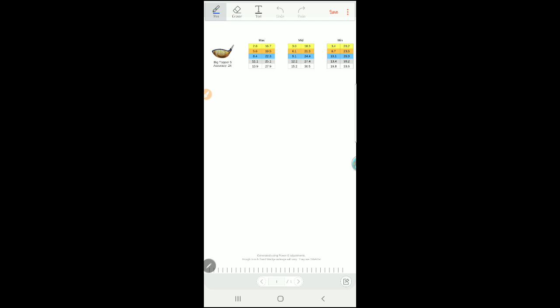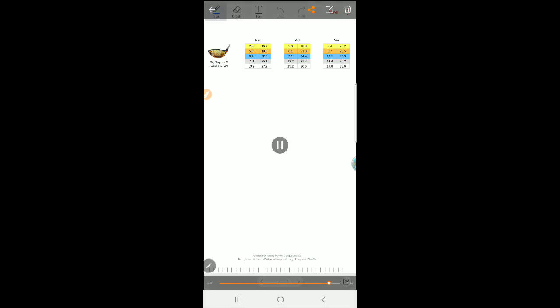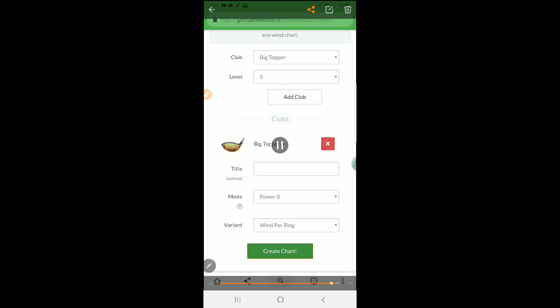You can actually do the clubs alternate. You can adjust them by the number of rings, or you can adjust it by the wind. You can look up the wind, or you can look up the adjustment. Either way. All right. So I will go out of here